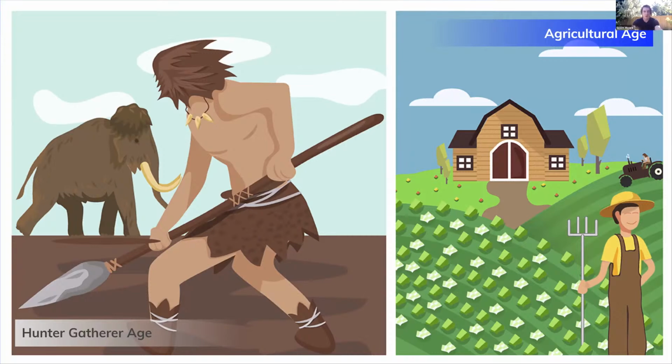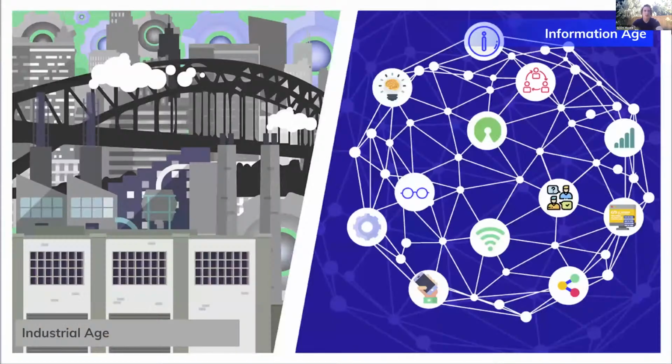With agriculture, we started to understand a bit better what was needed, at least on a yearly basis, to build our communities and our resources. And then in the industrial age, we decided it makes sense to do it at scale, which of course had a lot of externalities associated with it. And in the information age, I don't think we've really realized what those externalities are yet. We're just coming to terms with the fact that data has these pernicious effects, in a slightly different format, relative to, say, oil.